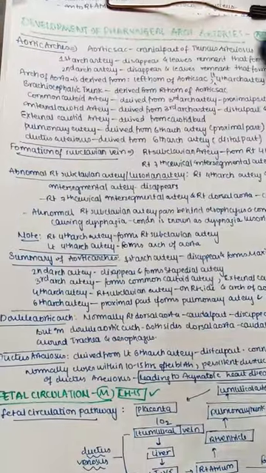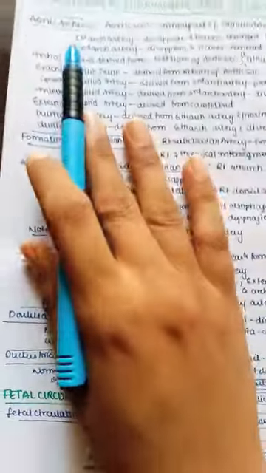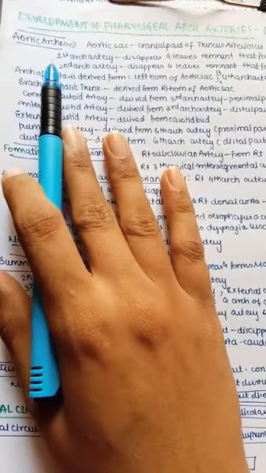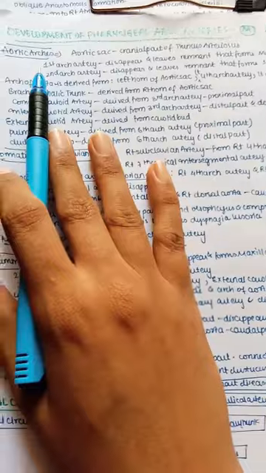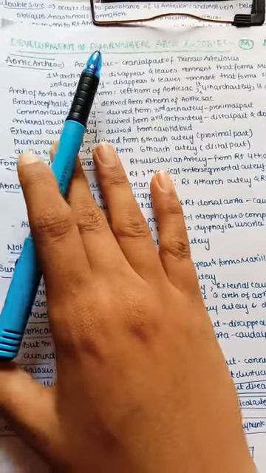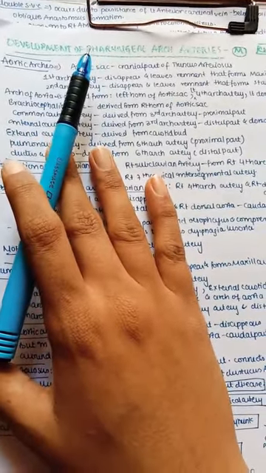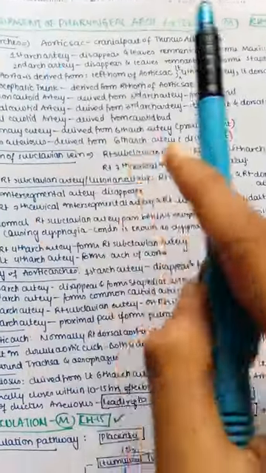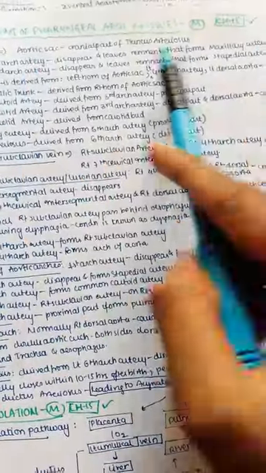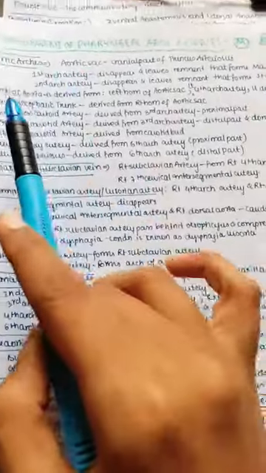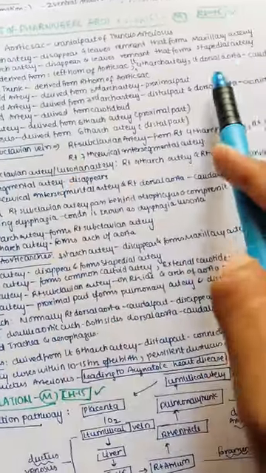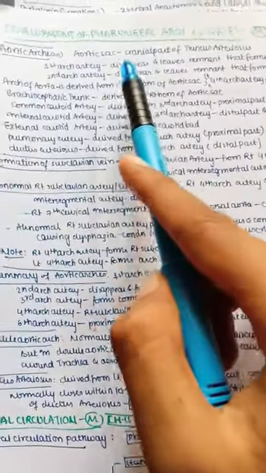Now the development of pharyngeal arch arteries. So we have aortic arches. The aortic sac is the cranial part of the truncus arteriosus, and actually we have 6 arches, but the fifth one degenerates. The first arch artery mainly disappears and leaves its remnant, the maxillary artery. The second arch artery leaves the stapedial artery. This also disappears and leaves.